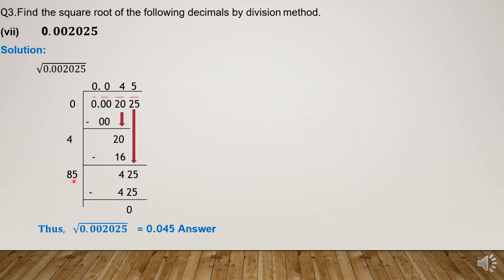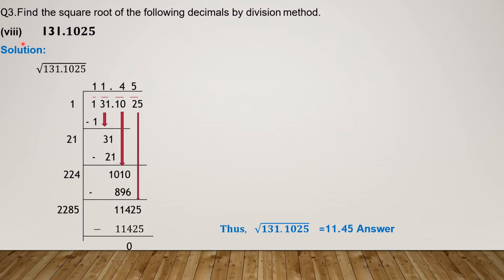Now with 8, you have to choose a number so that you multiply your new divisor with the same number and we get the product 425. So that number is 5. We will put 5 here and 5 in the portion of quotient. 85 5s are 425. Subtract these two values, remainder is 0. Means our solution is correct and 0.045 is the answer of square root of 0.002025. Now part number 8 is